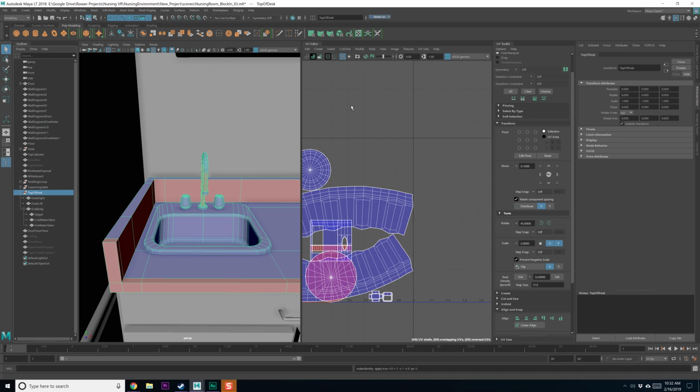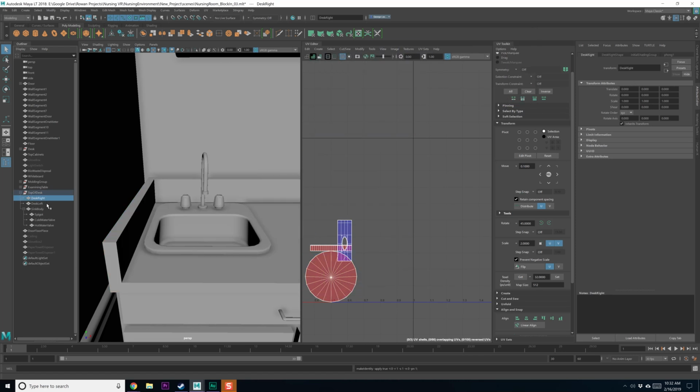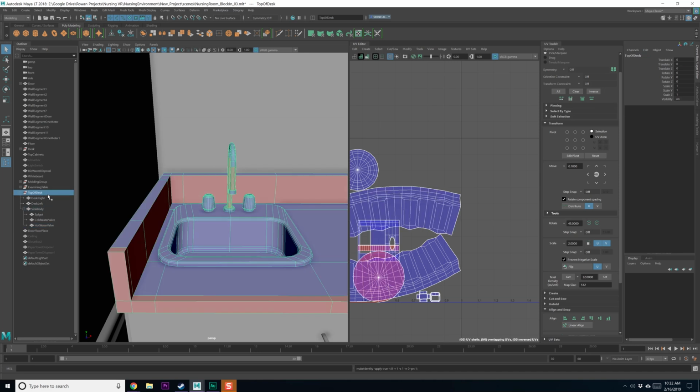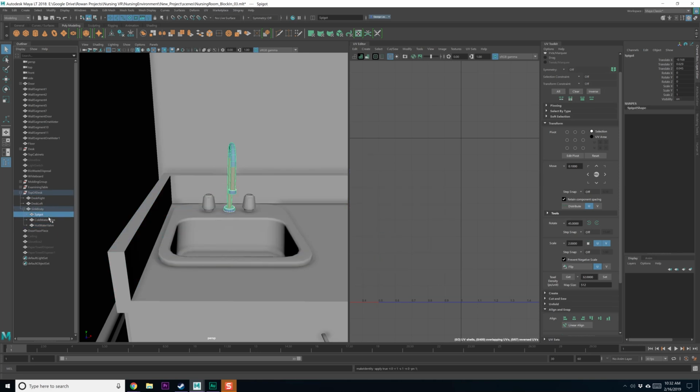modify freeze transforms. Where's my freeze transform window? Where'd it go? Modify freeze transforms and just hit apply. Now let's take a look below this at our stuff. That's all good. That's okay. I don't care about the translates. I just care about the scales and the rotates. Good. So now I should be able to come under here